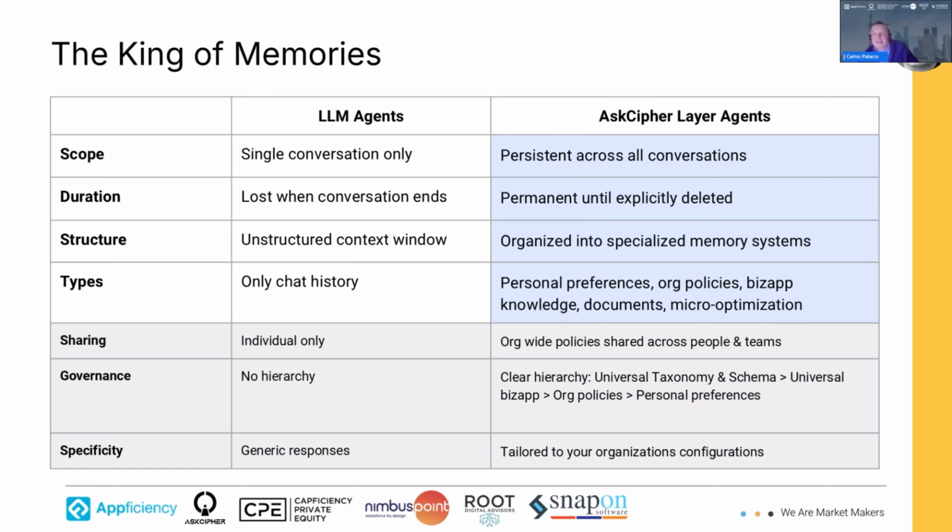So that takes us to something really important that we want to introduce, and that is memory. As we encourage everyone to start asking questions, we've presented a lot of information and covered a lot of ground. Feel free to ask questions, and we'll answer them in the Q&A panel. But I'll get the first question going here: Carlos, why don't you explain to the group why Ask Cipher's memory is fundamentally different from what we see in LLMs and LLM agents?